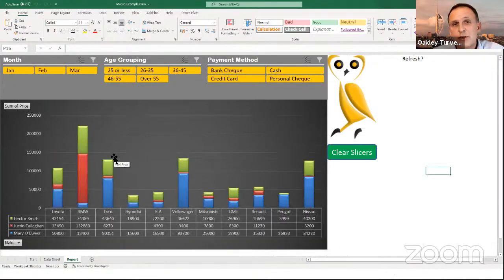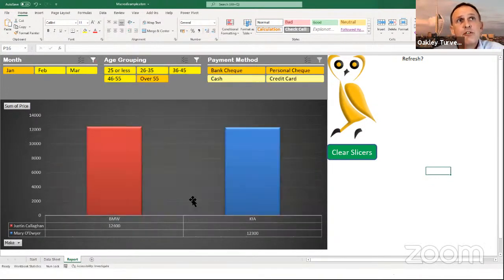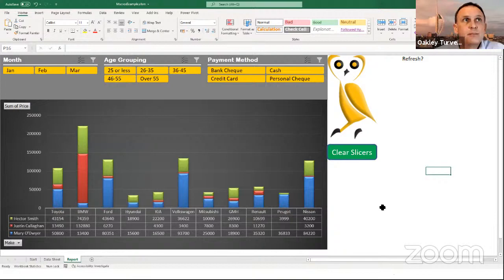It's pasted it into this workbook, and it's refreshed the pivot table so I can now see everything on the pivot table and the pivot chart. I'm now going to choose my slices so that I'm filtering the data here. Normally, if I wanted to clear those slices, I'd have to go back to them all individually and click on each one to clear them. But I've made a little button over here that I just click, and it clears all the slices.